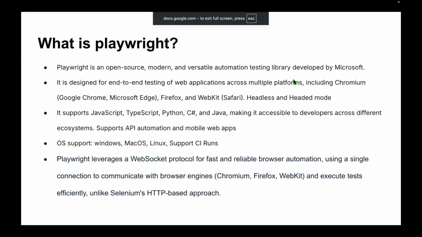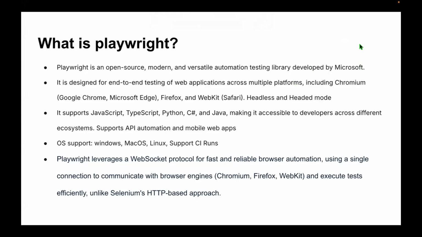As everybody can see on my screen, Playwright itself is built by Microsoft, guys. It helps us run our test cases in both modes, headed as well as headless. Headed means a real-time browser will be invoked, and headless means you will not see the interactions with the browser. It will run in the background, guys.